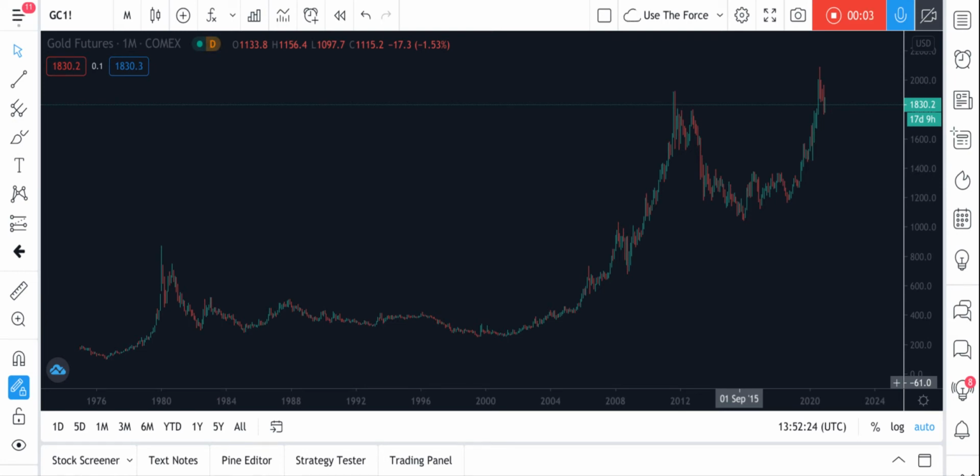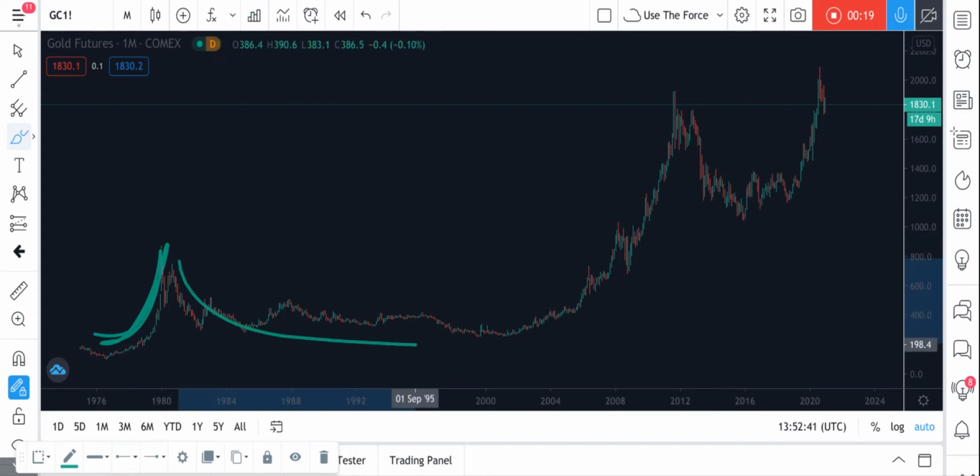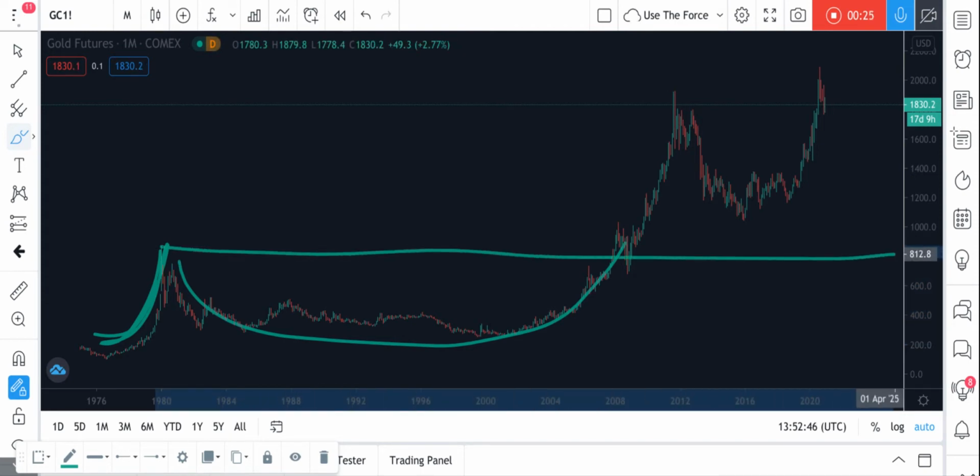So the gold chart I'd use for macro, I'd use the gold futures chart, so GC1. The main thing I want to point out is such a bullish chart. So original little bubble we can call it. Then correction, consolidation, but a big cup at this level. Then the bull run. So the bull run was from basically the financial crisis, the banking crisis, credit crunch, whatever you want to call it, up to 2011.